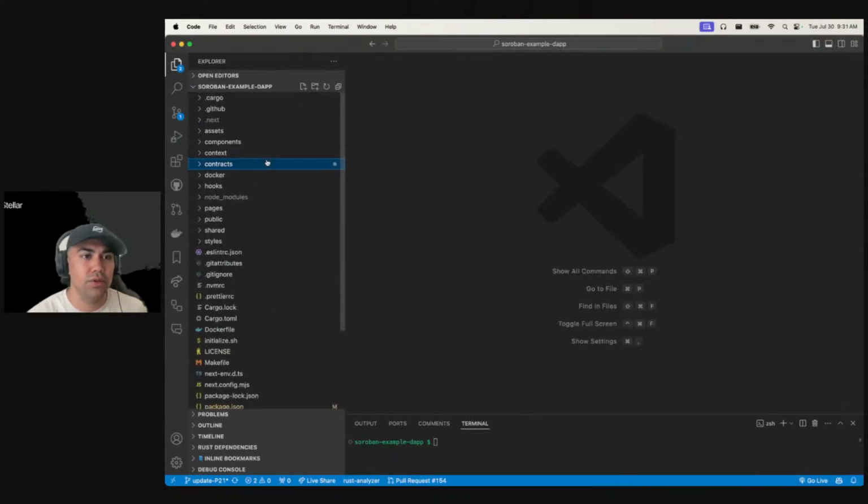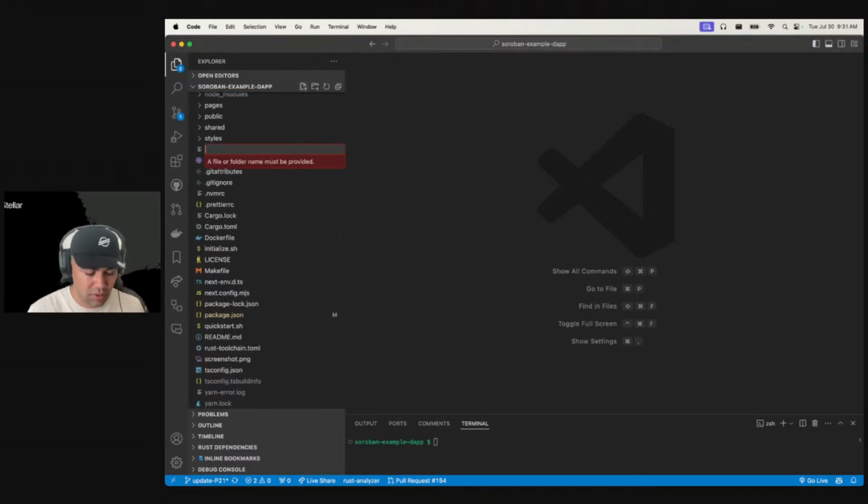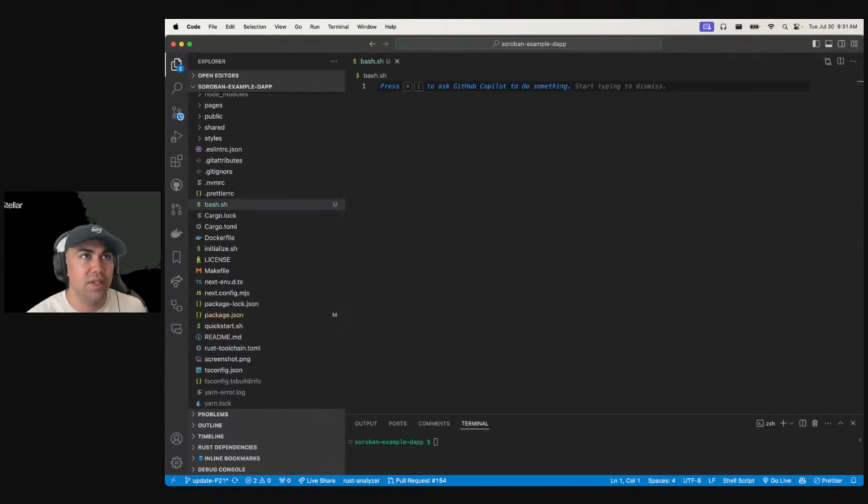And what we're going to do is I'm going to share with you the Stellar example DApp. Stellar example DApp. All right, and I'll just do a quick little note, bash. All right, so if you want to clone the example DApp, all you have to do is run git